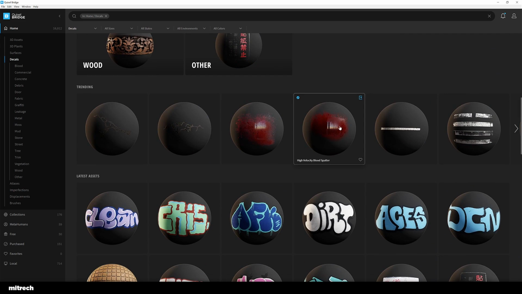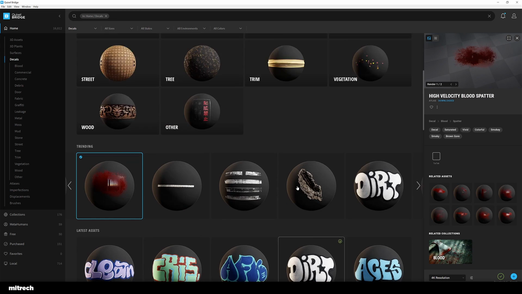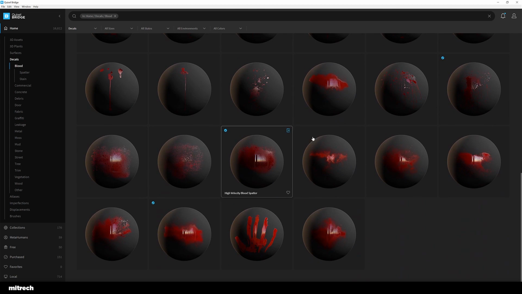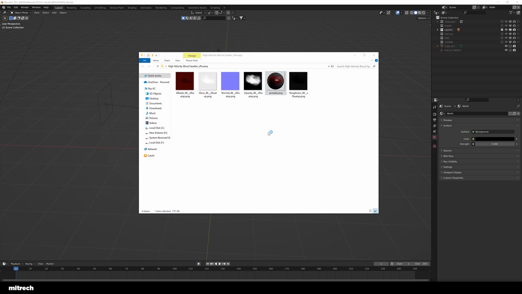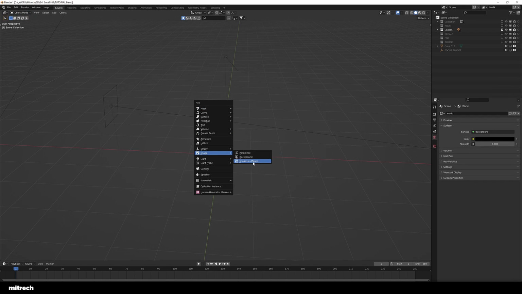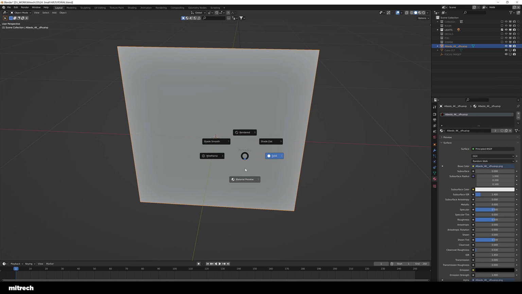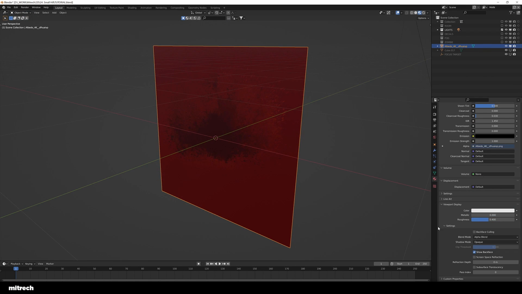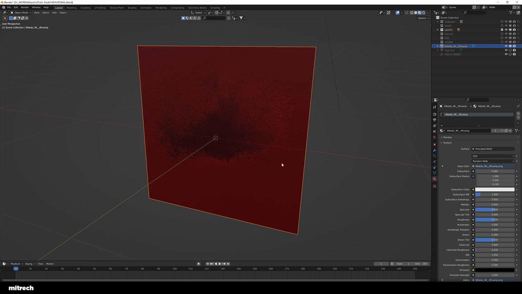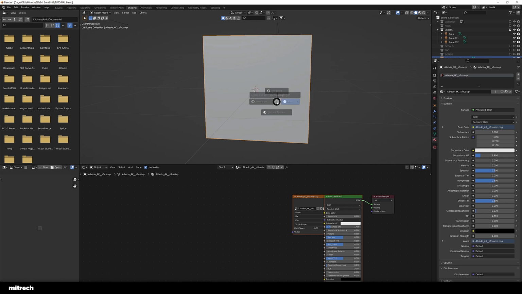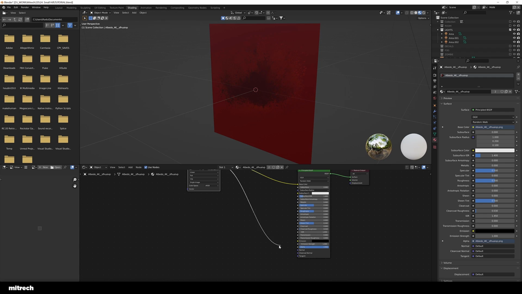Right, so next step is adding details using decals. Decals are simply textures thrown on a piece of plane, and you just place that plane in your scene, right? So again, Quixel Megascans has a lot of nice decals in there. I'm using images as planes to import the albedo texture of that decal, and then in the shading tab I'm just plugging in the other textures, right?